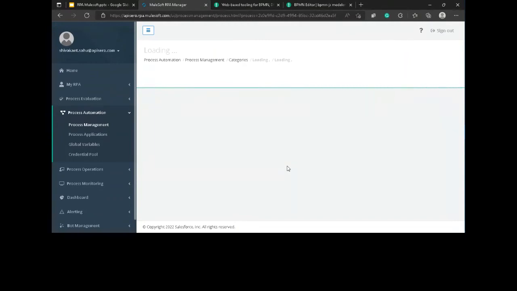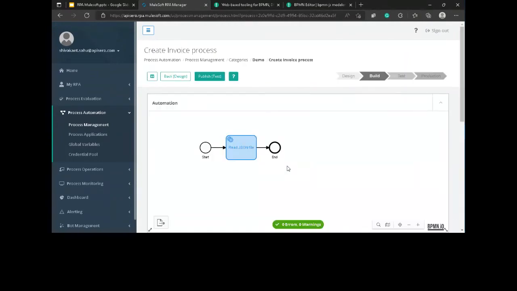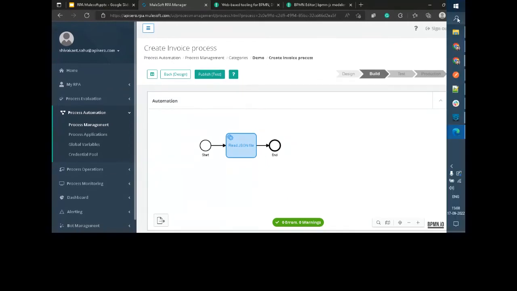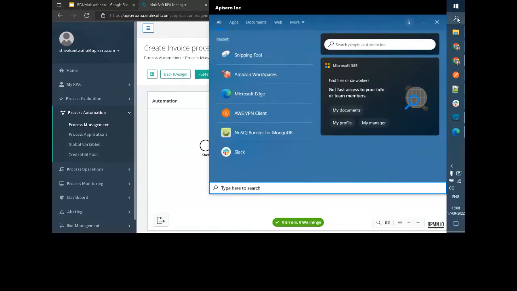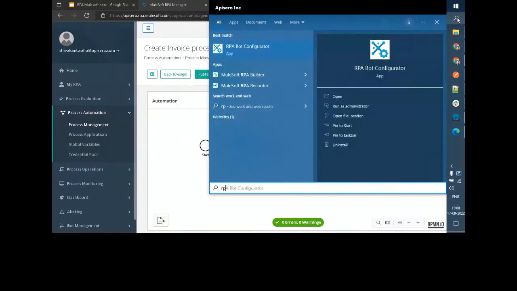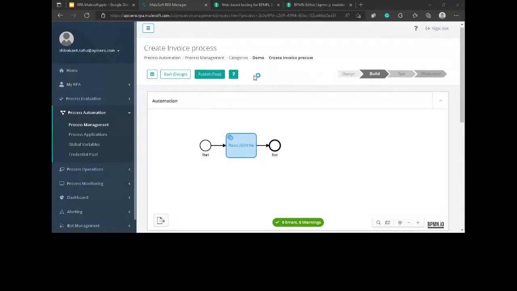So this will be released to build. Now it is available here. Now what we'll do is we'll go to MuleSoft RPA Builder. We'll open that.